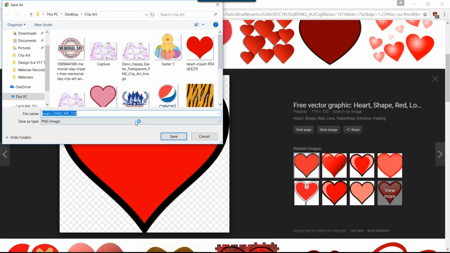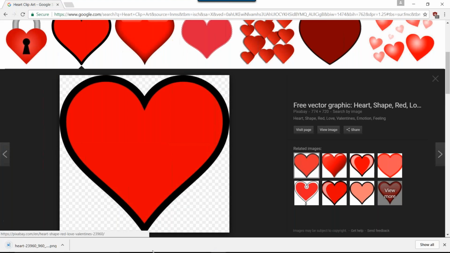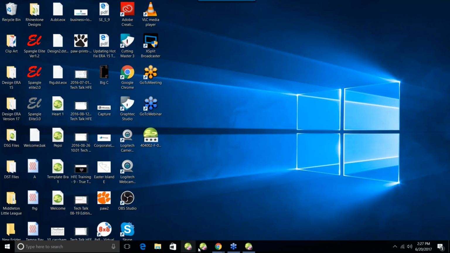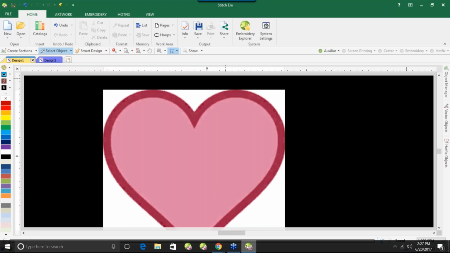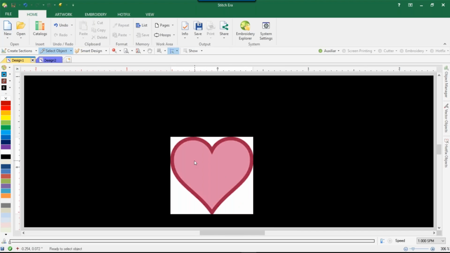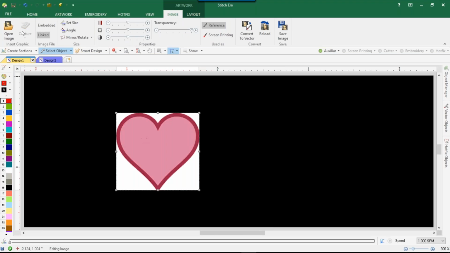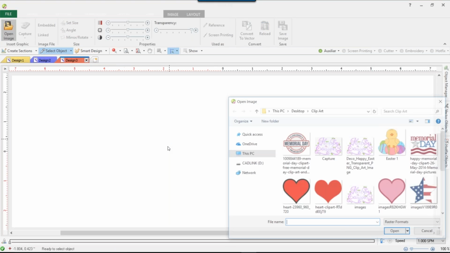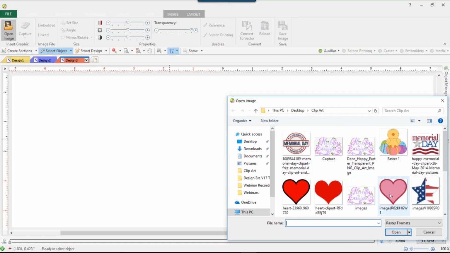Okay, I'm going to save it to my folder, and we're going to pull it in, and we're going to see some distinguishing differences between this one and the previous image. Here's my original heart image here, and if I go to File and Open a Graphic File, I go back to that folder. Okay, that image